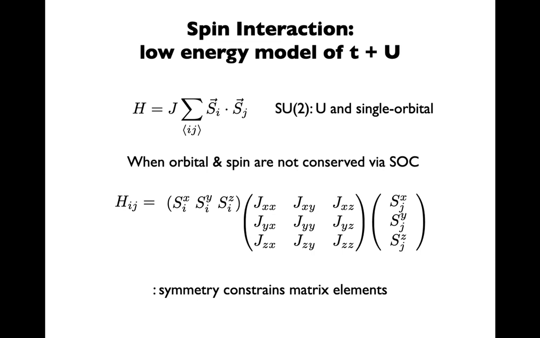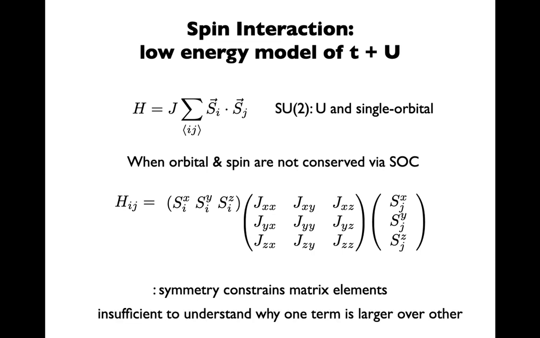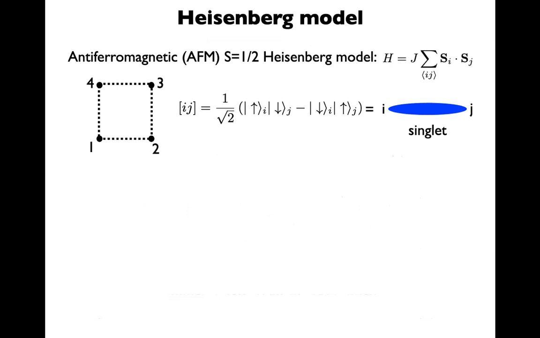So in principle, if you have a honeycomb lattice with the spin-orbit coupling, of course, every material has a spin-orbit coupling. So in fact, we will have Kitaev and other interactions which are allowed by the symmetry. However, that is not sufficient to understand why one term is larger than the others, such as why the Kitaev interaction is larger. And if I desire to make a sample where the Kitaev interaction is the largest, then we need to understand some microscopics on that. Before I do that, I'll talk a little bit about the Heisenberg model, where the quantum spin liquid is best understood.